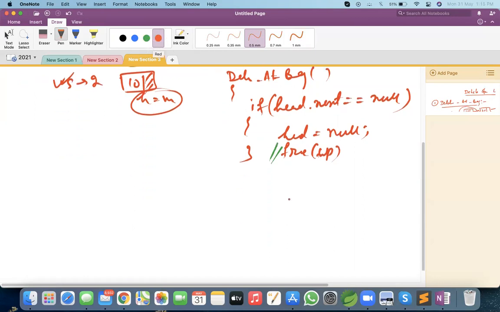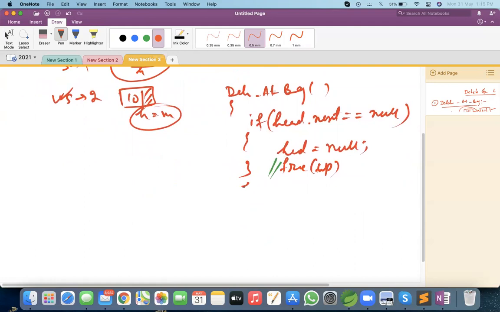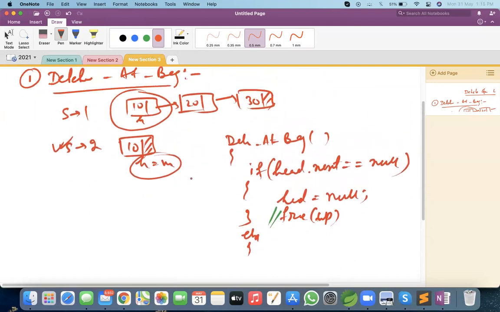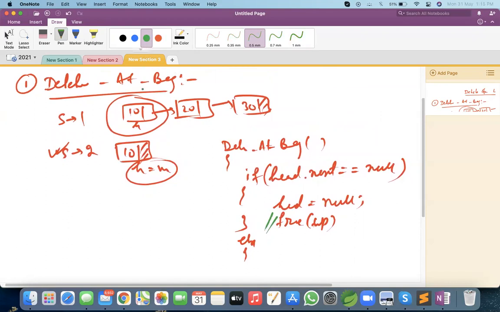Okay, and if head is not equal to null, then what will we do? Head is pointing to 10, right? We want to make head point to 20, and then we can delete 10. Correct. So how can we do this? So we can write